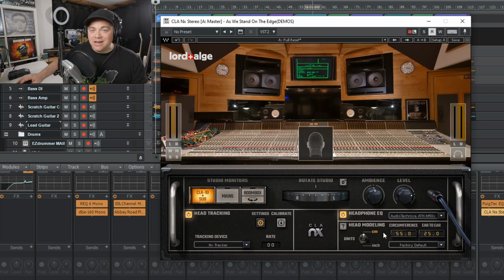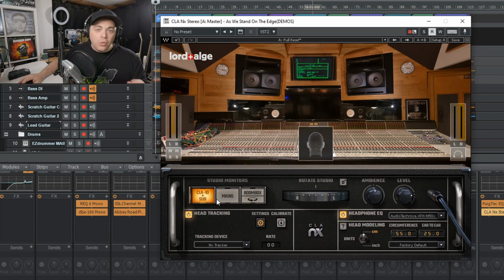But again, it's not something that you absolutely have to do. You can also see you have your ambience and level controls here. Now, the ambience controls how much of the room ambience you're hearing, and it's by default at 100%. If you change this, then it's not 100% that mix room, it's something that you've customized. Now the levels, if you start clipping within the plugin, you can adjust the levels, or if you're too low, you can increase the levels, whatever you need to do.